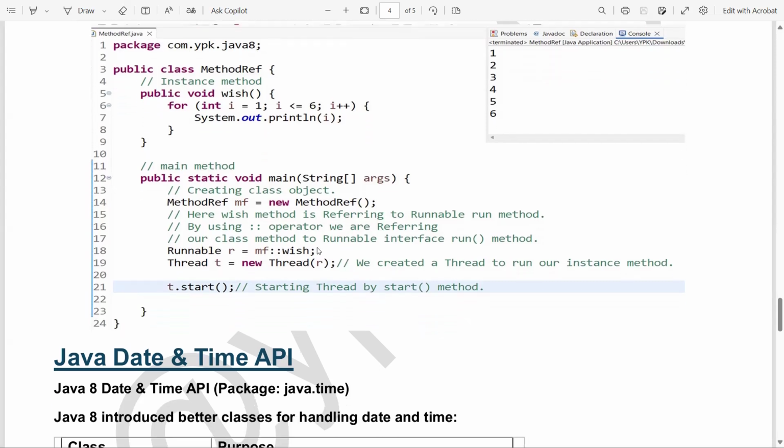Okay, we are using Runnable. Here what is Runnable? Runnable is a functional interface. It contains only one abstract method, that is void run. We are referring that void method to my instance method. Whenever that void method is executed, please refer to my instance method. Okay, here I am telling my compiler to refer to my instance method whenever the void method is called,